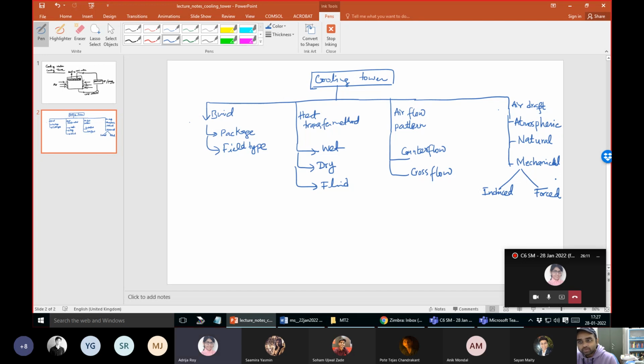Yes, sir. So then what type of fluid is used in this fluid type cooling tower? In that case, it could be either some refrigerant coolants, or some sort of other cold water that you are getting. Or you can have some endothermic reactions happening in place, which is mostly in the dry case though, where you have a fluid chamber and that can cool down another surface.